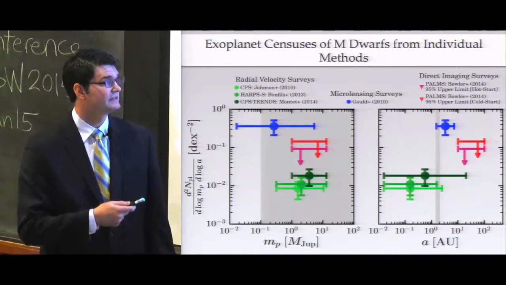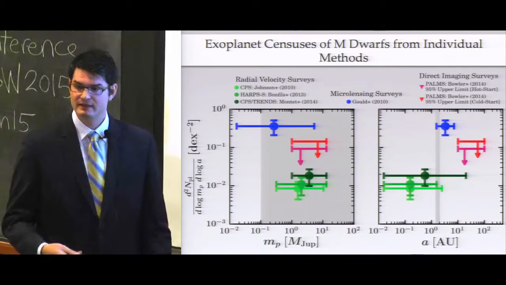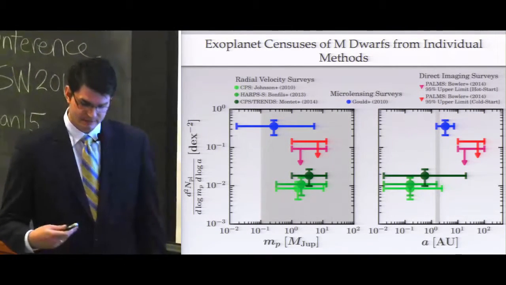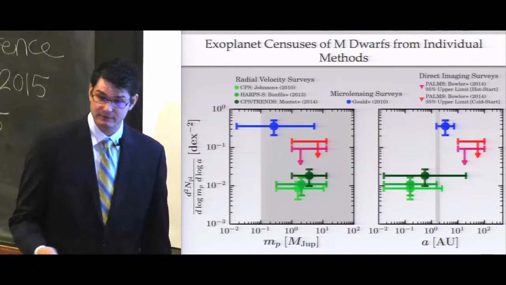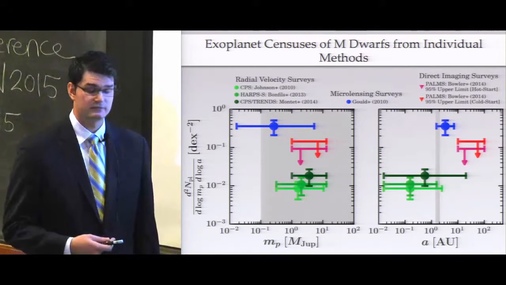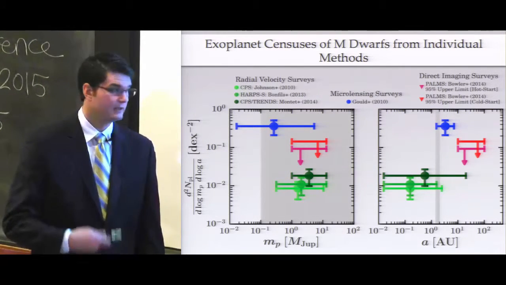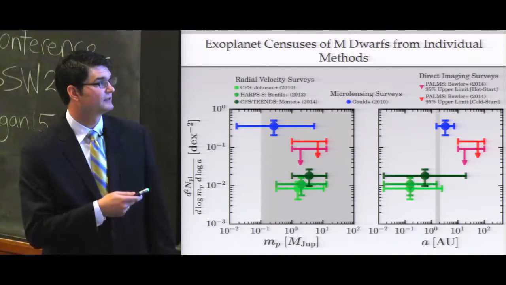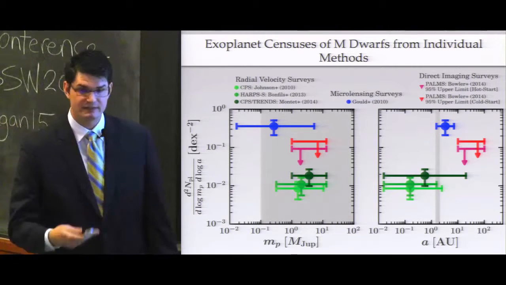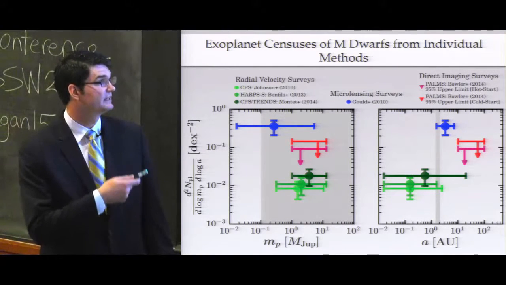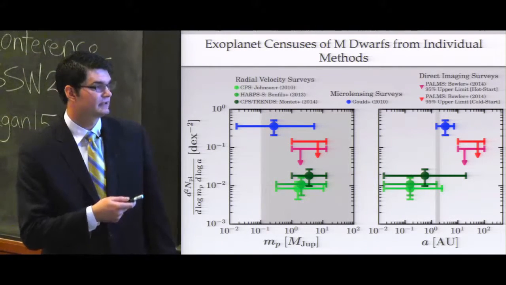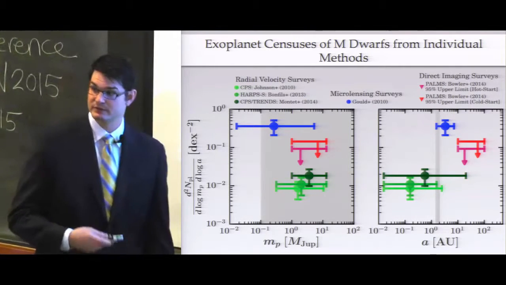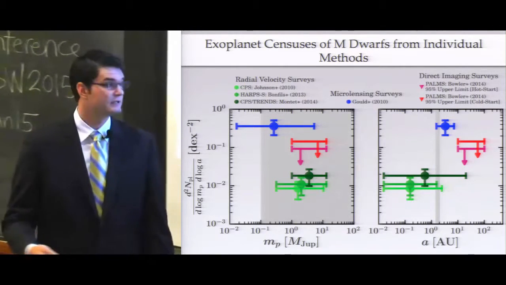So radial velocity surveys have found a frequency of giant planets that is quite low. And this has been heralded as somewhat of a victory for core accretion theory, as this rate is significantly lower than that inferred for higher mass stars. And I'll just quickly note here that the vertical error bars on these points are the uncertainties in the measurement of the planet frequency, while the horizontal bars represent the approximate ranges in planet mass or semi-major axis over which